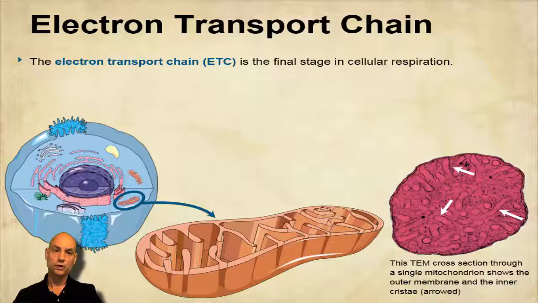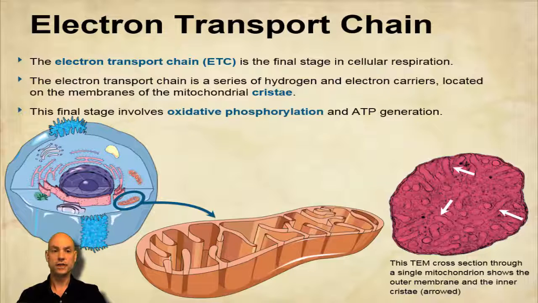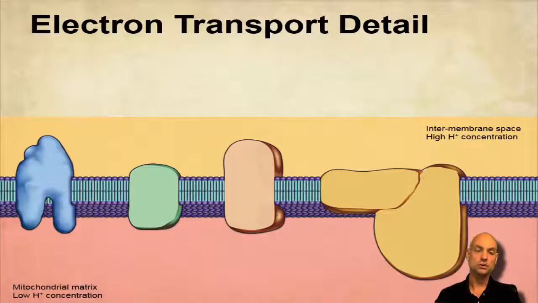So where does it take place? Well, first, it's the final stage. It takes place within the mitochondria in these little membrane-bound folds called the cristae. It involves oxidative phosphorylation and is a big part of ATP generation. So within that mitochondrial membrane,